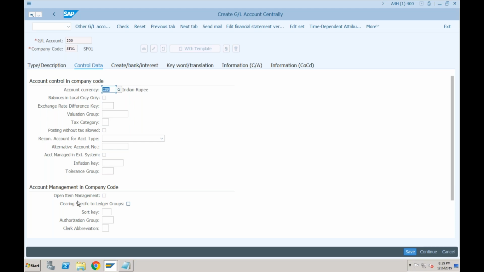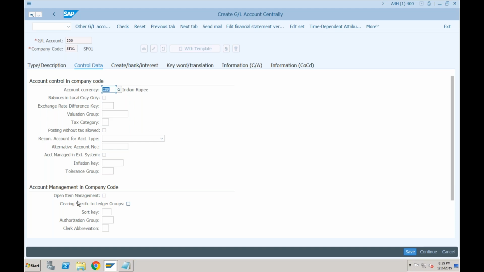Gaurav, in ECC, which type of accounts don't we keep this indicator on? Any idea? Normally the customer and vendor reconciliation accounts. Why? Because the reconciliation account is the one assigned to the customer master. Let's say there is one GL account 1000, which is assigned to 10 customers.